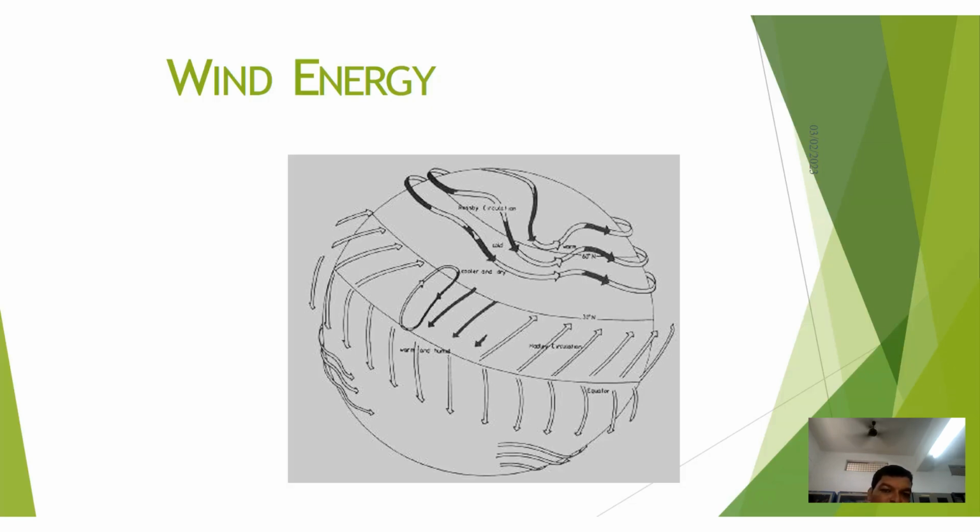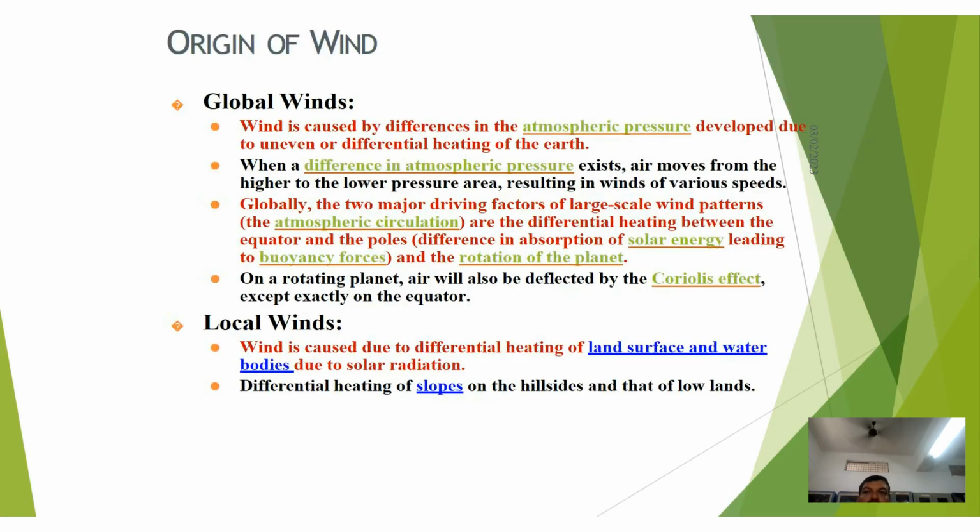Due to uneven heating of the earth's surface by the sun, it may cause wind to flow from one direction to the other direction. So what is the origin of wind? Wind is caused by differences in the atmospheric pressures developed due to uneven or differential heating of the earth. When a difference in atmospheric pressure exists, air moves from the higher to the lower pressure area, resulting in winds